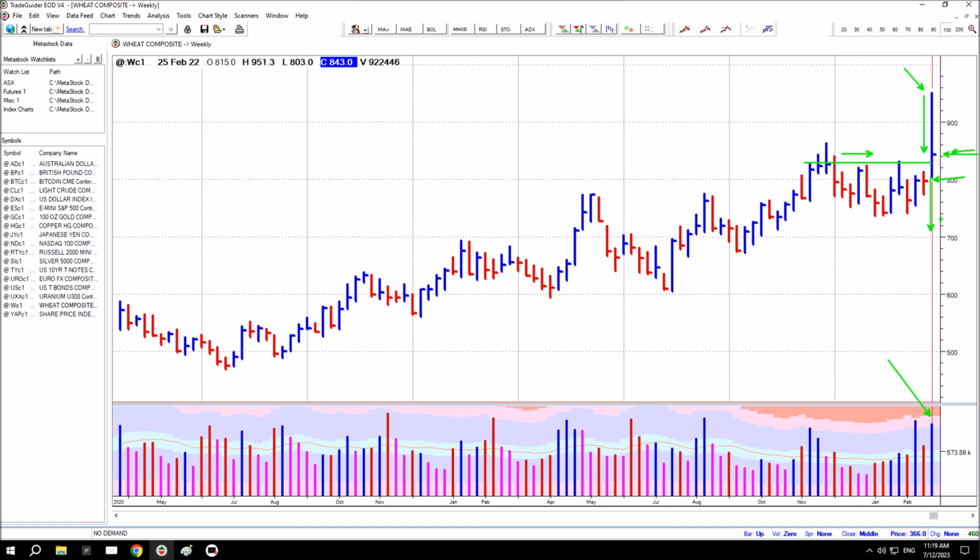Normally you would see a test of supply in response, or if the buyers were comfortably able to absorb the sellers, in this case the market may just continue higher. And this would be when I say it's an absorption bar. The buyers have absorbed the selling from the sellers. So all you can do is wait to see what the response is and understand the response, and it will tell you what happened on this bar. So the next bar